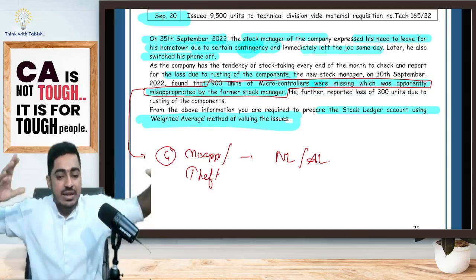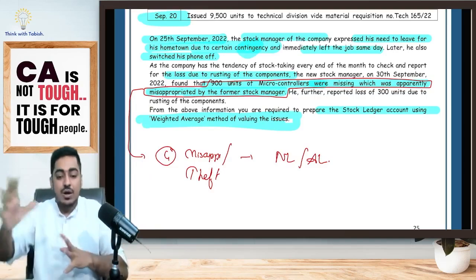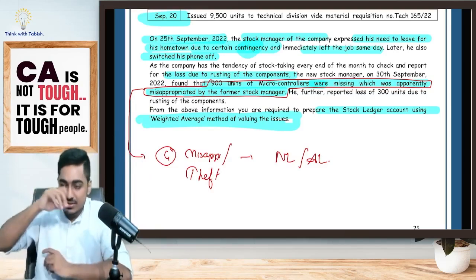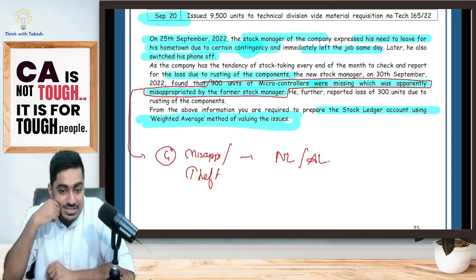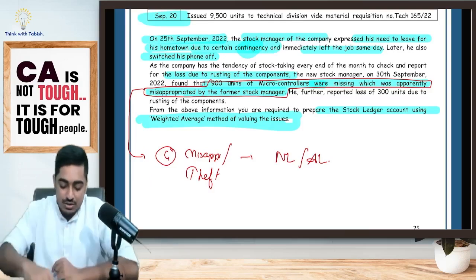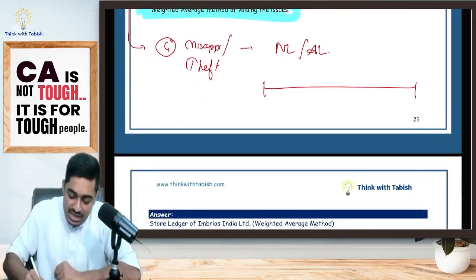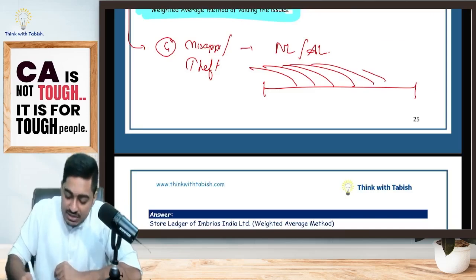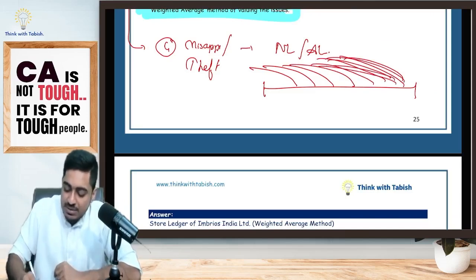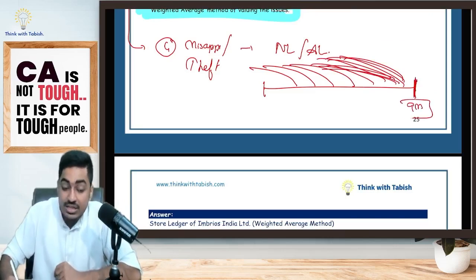Imagine I am running a CA Inter Coaching Institute, an offline institute. All you guys come for my classes. All of you ask, sir, what is the fees? Tell me, how will I be incurring the cost throughout the period? I'll keep incurring it, yes or no? Suppose it is a 9-month CA Inter course. Every month I'll keep giving rent. Every month I'll keep paying faculty fees. Every month I'll keep incurring expenses. That means I'll understand the actual cost only at the end of the period.